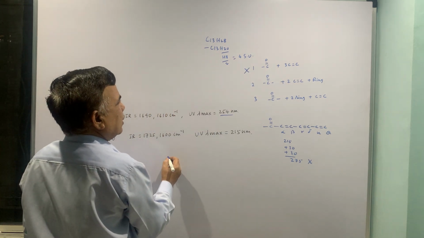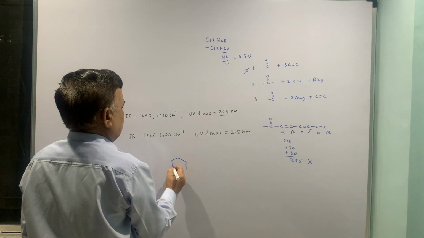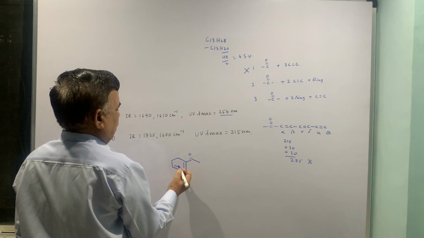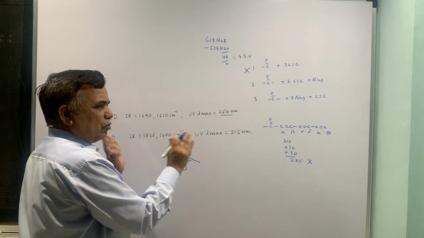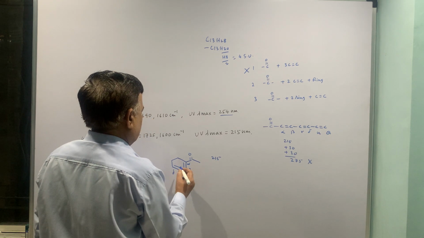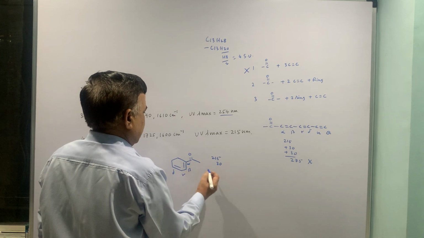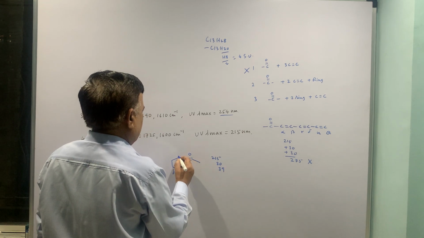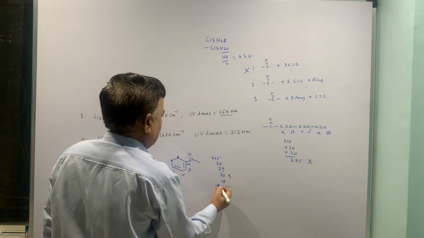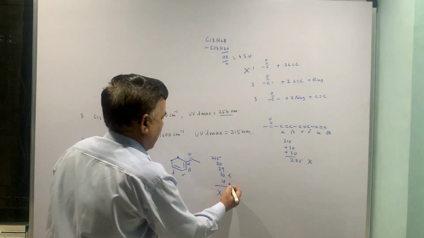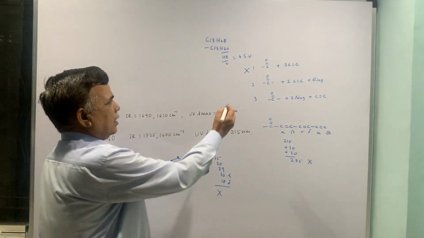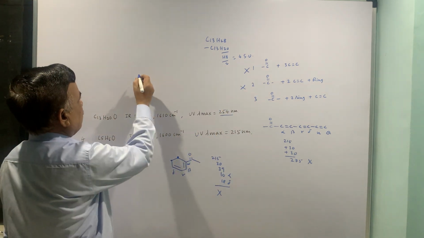Now the second possibility, carbonyl, ring and 2 double bonds. Carbonyl, let me put carbonyl outside, carbonyl, 2 double bonds, and of course so many substituents. So 215 alpha, beta, gamma, delta, 30 extended conjugation, 39 homodiene component, 1 alpha, 1 delta, 1 alpha, 1 delta. The summation goes high, so this is also ruled out. Okay, the summation is going very high, so second is also ruled out. So third probability you have to look at.